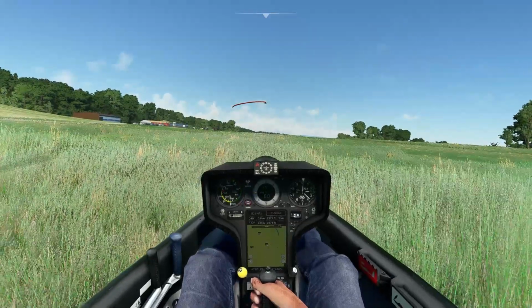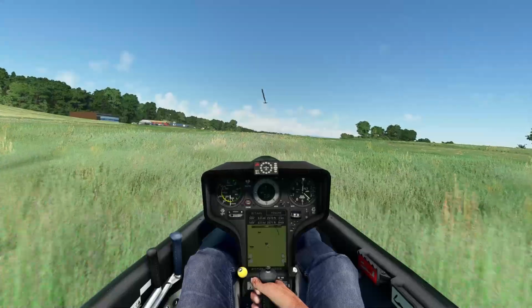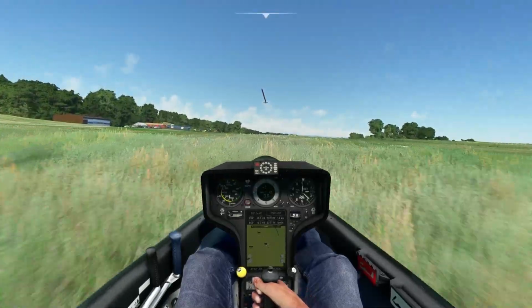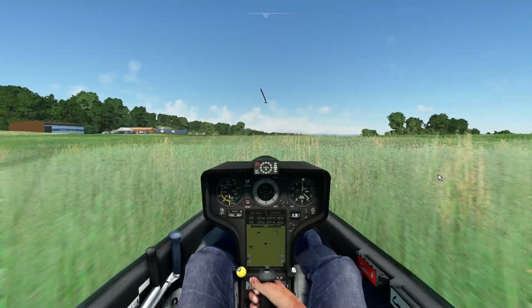And we are moving. I'm going to bump up the sound just a little bit. There we go. Now we can control our